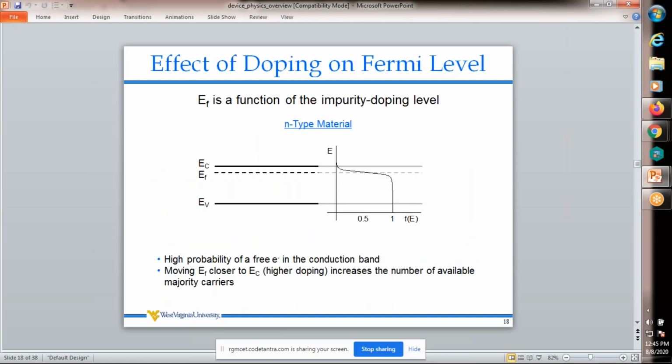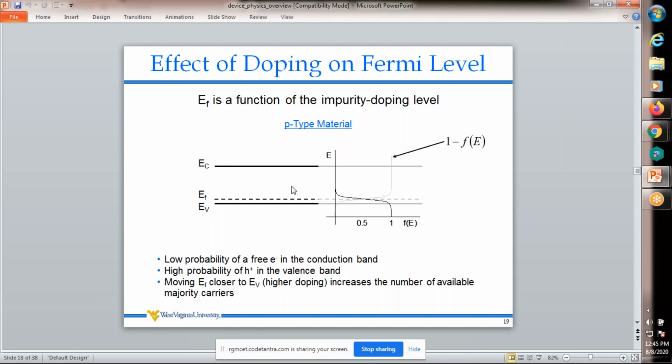Exactly in the middle. If it is an n-type material, this is the Fermi level distribution. The Fermi level also changes. This is for n-type, the donor level ED. Previously we discussed ED, the donor atoms. Now this energy level is approximately equal to the Fermi level. Similarly for p-type, the acceptor levels: this introduces one acceptor level, which is close to the Fermi level.